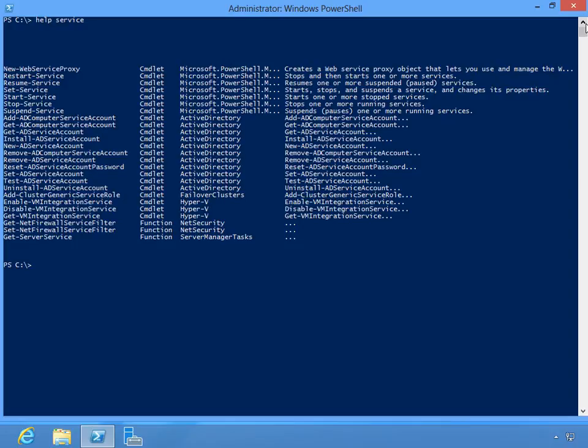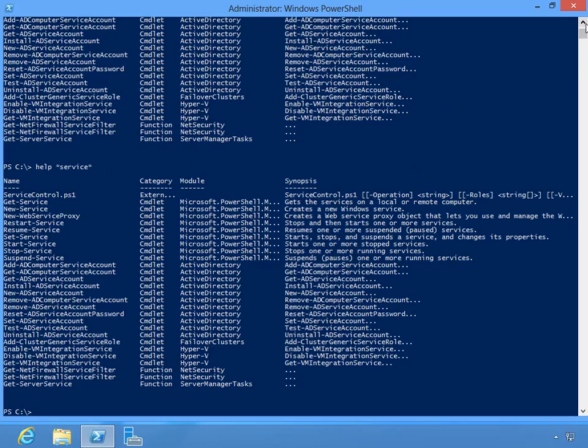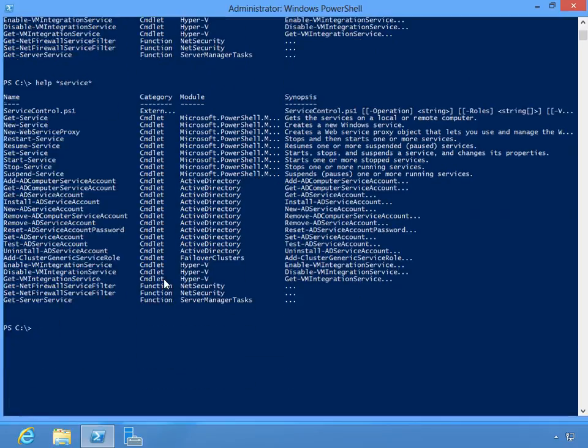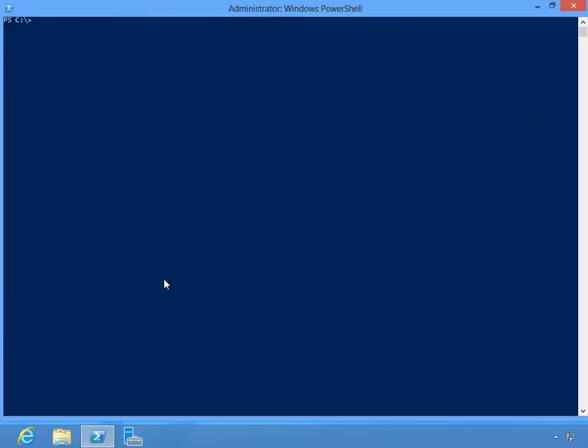You can use just a word like that, or you can also use wildcards. The wildcards gives you a little more information. You can see this also found an external script. You can experiment which way you want to work with that. But once you identify the commandlet you want, for example, get service, then we just ask for help. So we can do help get,